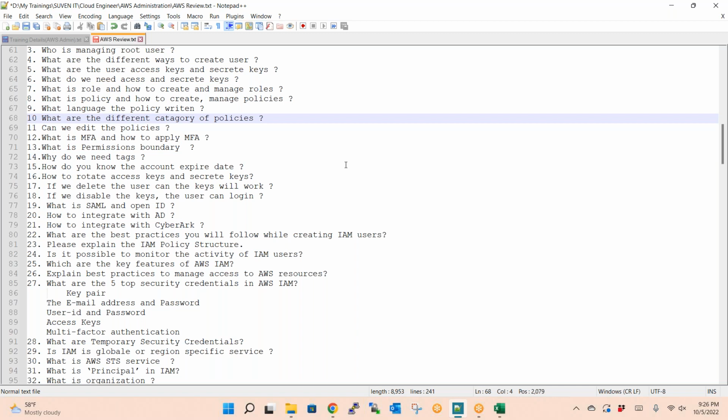Now coming to the most important one. What is the permissions boundary? So the permission boundary means